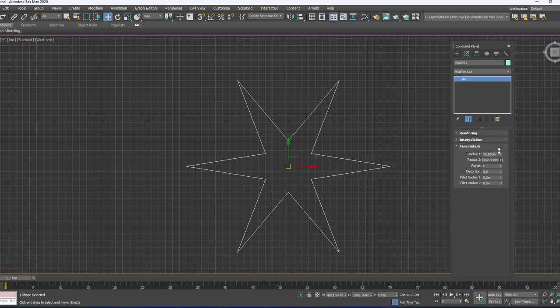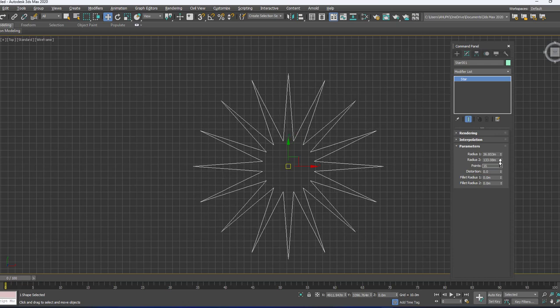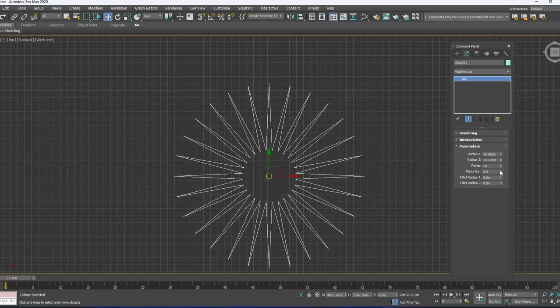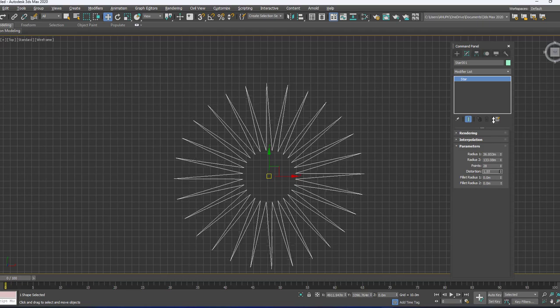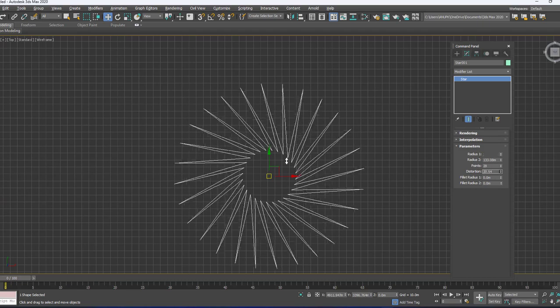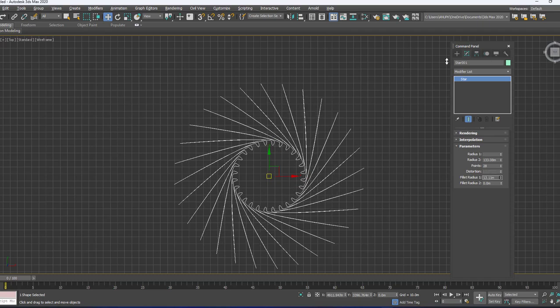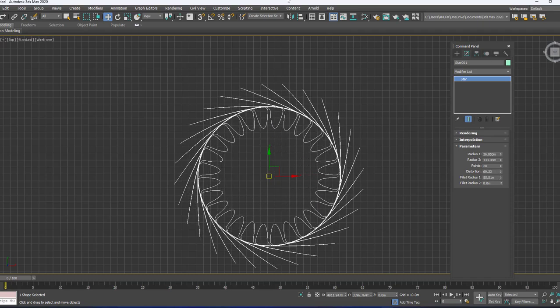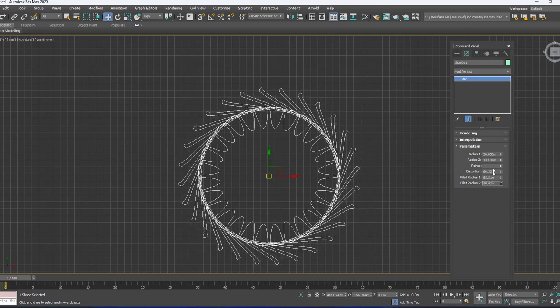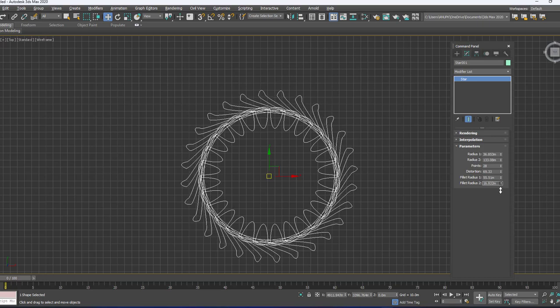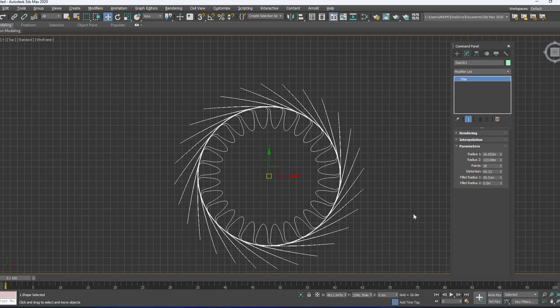Radius 2, points, how many points you want, and then distortion, just tilting like this, and then fillet radius to get the smoothness to the corner, and the next fillet radius 2, that is fillet amount for the ending line like this. So you can use it to create the 3D murals.